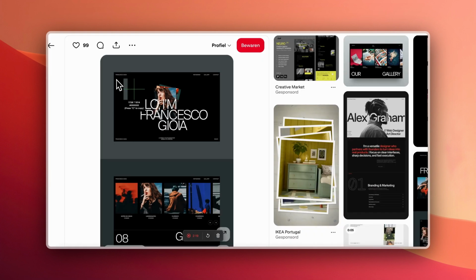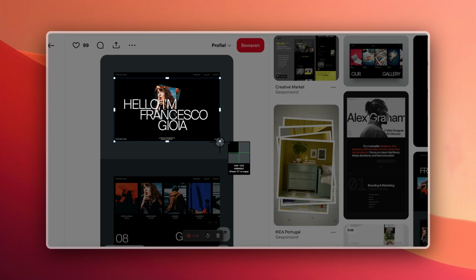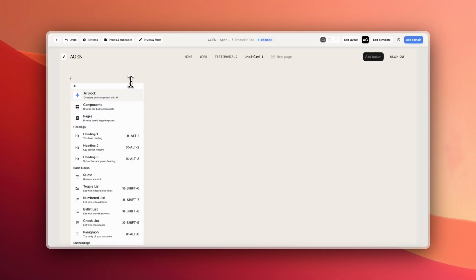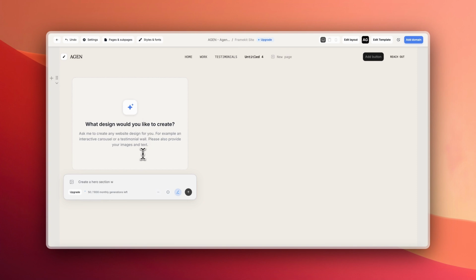So I think we can take the entire thing and we can screenshot it now and then save it. We want to go back to FrameKit and add an AI block. And here we want to do two things. We want to add the reference image, but we also want to explain it in detail. So now we're going to try to explain three things. We're going to try to explain the layout and positioning, the animations and the functionality, and then also what it's